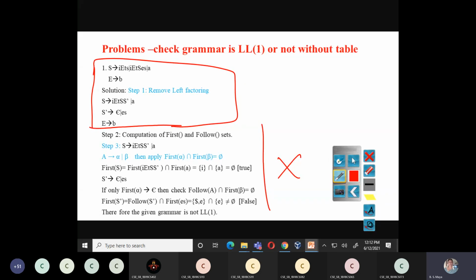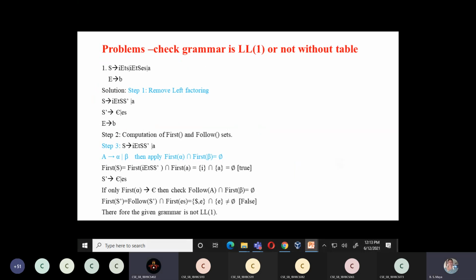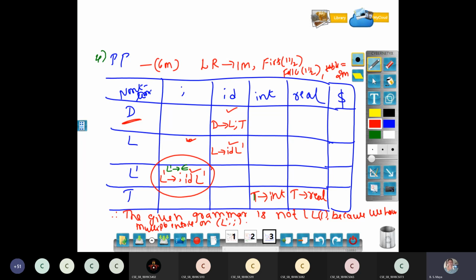Once the topic is over, we have to read the slides for exam purposes. I wrote the solution of that problem in that slide. Don't copy. Problem is over. Okay, let me move to the problems.